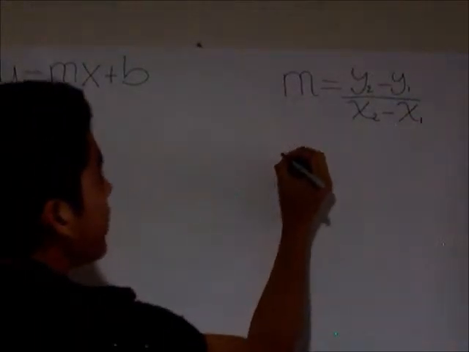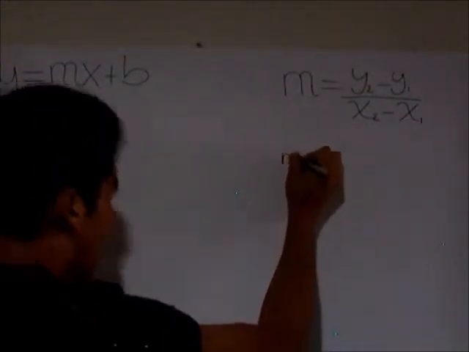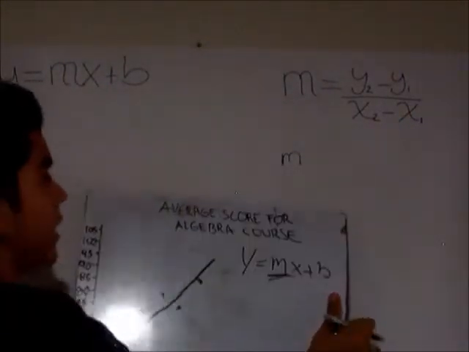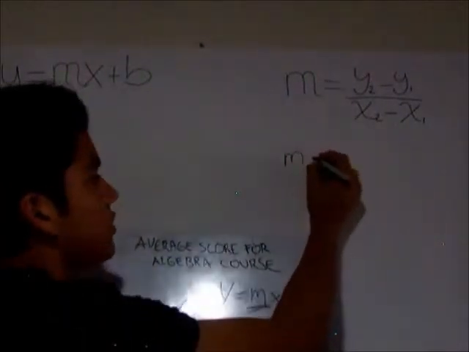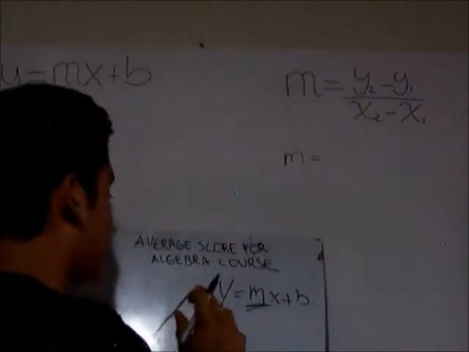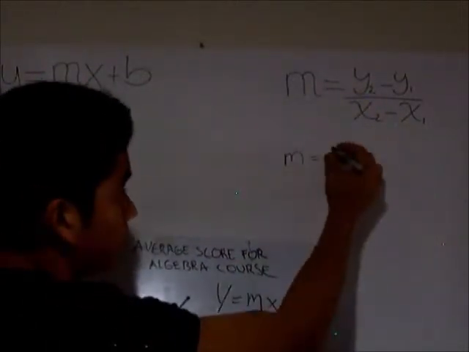Using the information, let's take a look at the graph. m is equal to y2, the second point, minus the first one,